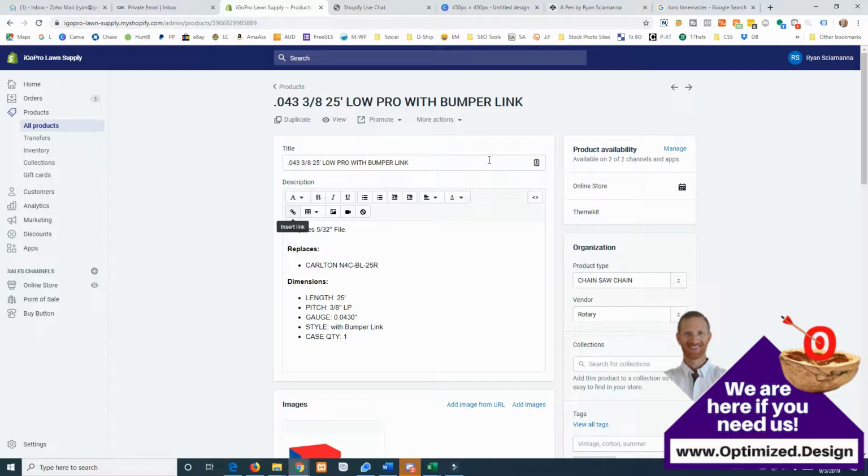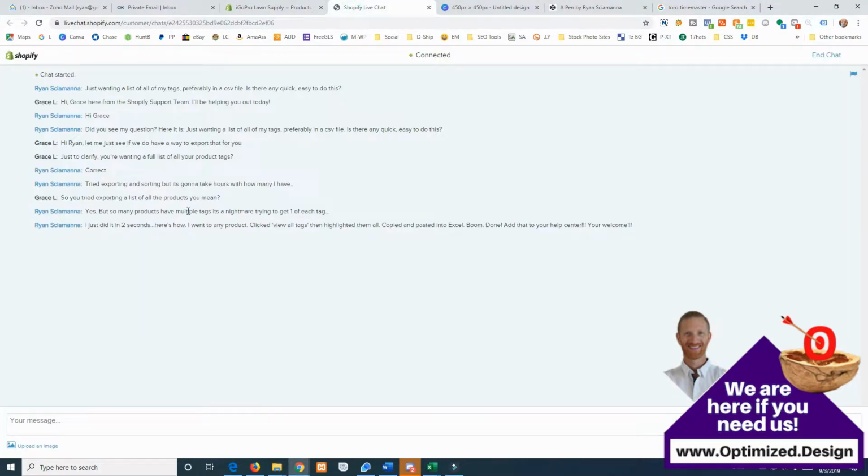And at first I exported the whole shebang, all of my products, and I was sorting the data, and I have like 30 rows of tags once I separate out all of the tags into individual cells. And Excel does all this stuff quickly, but it was a nightmare trying to get it down to one. So I reached out to Shopify Help here, and I ended up figuring out how to do it as I'm